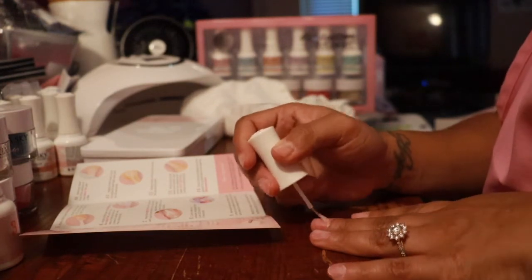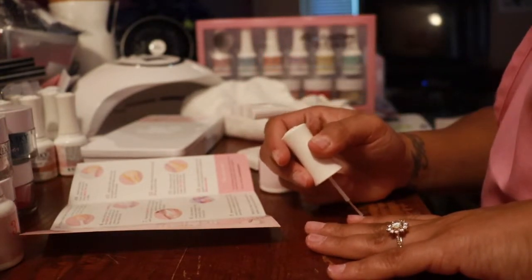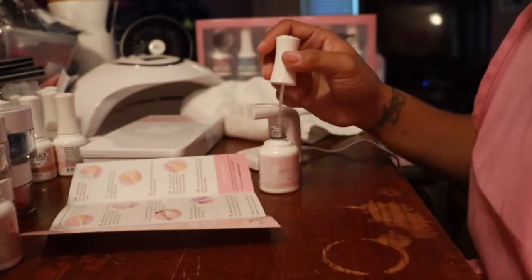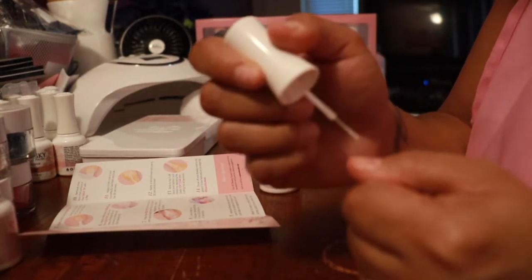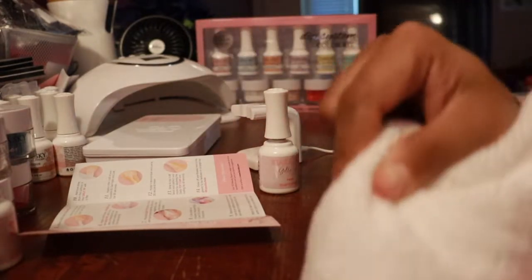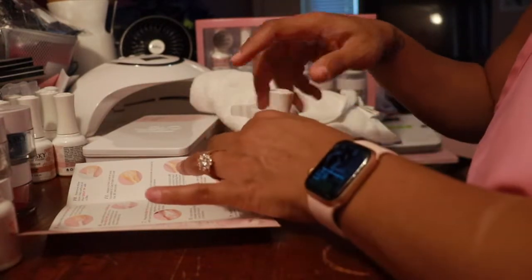And this is basically a dehydrator that is dehydrating the natural nail and your oils to help the product adhere better. And I do have a towel here to use if needed, if I spill anything, because I am a klutz. So I'm going to put the prep back, number 1, and then I'm going to go with step 2,